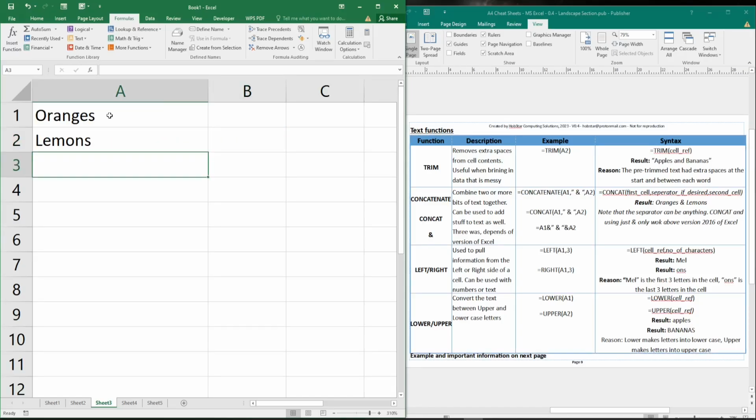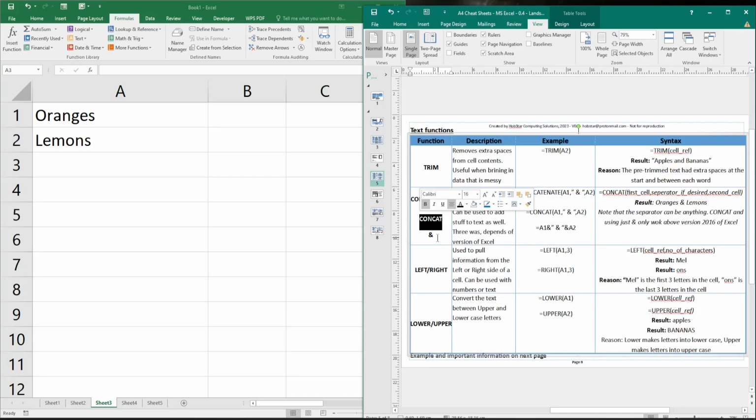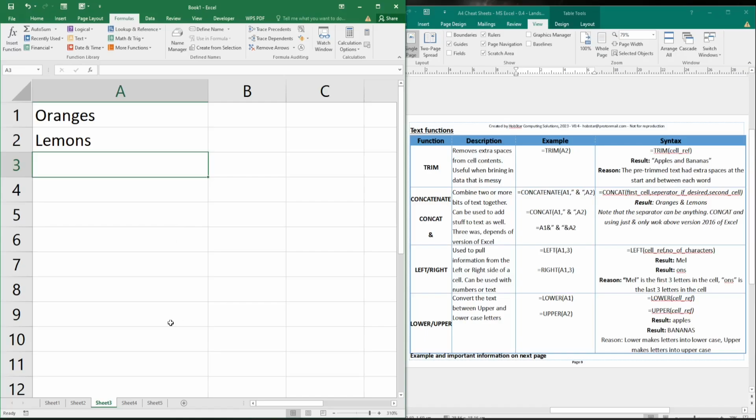Up next is CONCATENATE. Please note that I'm currently using Excel version 2019. If you're using a more recent version, you can probably use CONCAT for short, and you can even do a more advanced one with just the @ symbol. Got some examples there. Because I'm using an older version, we need to use a longer one. This one is designed to combine text together. So in this version, I need to type the full word, CONCATENATE,